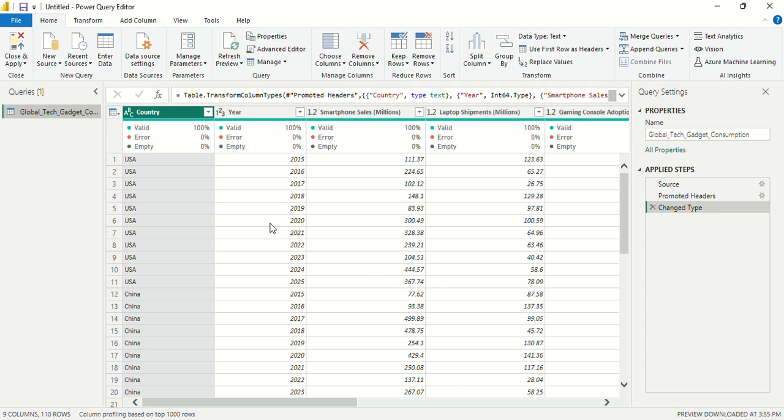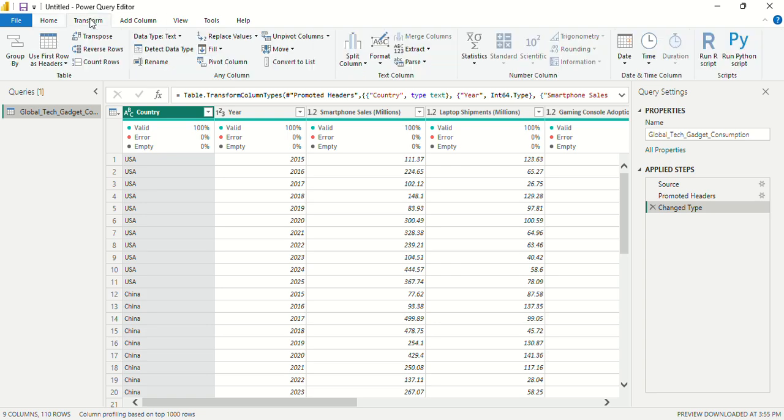So suppose you have some specific columns in which null values are present, or you want to remove them, you can click on remove columns. You can click on keep rows. Which rows would you like to keep? If you want to remove some rows, you can click on it. If you want to choose some specific column, you can click on it. If you want to split a column, you can click on split column. If you want to group by, you can use group by. If you want to use the first row as a header, you can click use first row as header.